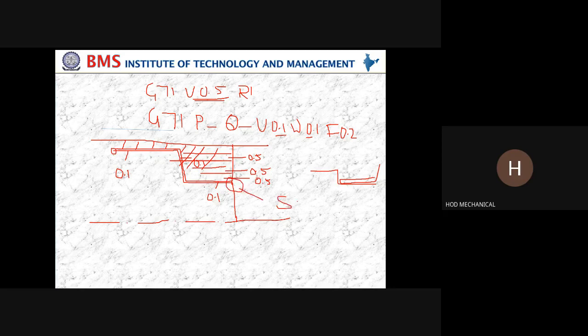So this is going to be the start point, okay, observe. This is going to be the start point of the operation, and this is what is called the end point of the operation. The tool has to move from this point to this point every time, removing 0.5 mm. So that is the meaning.